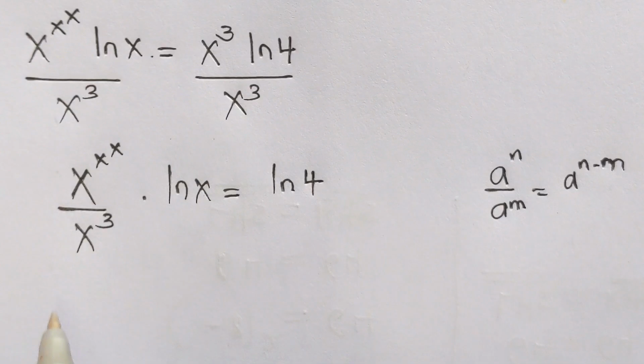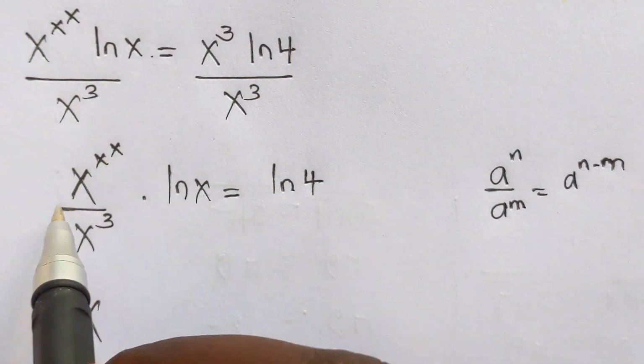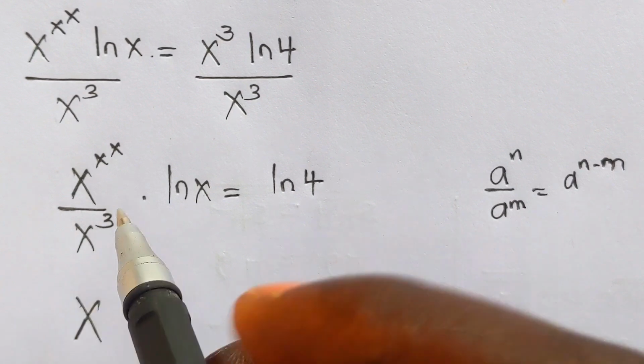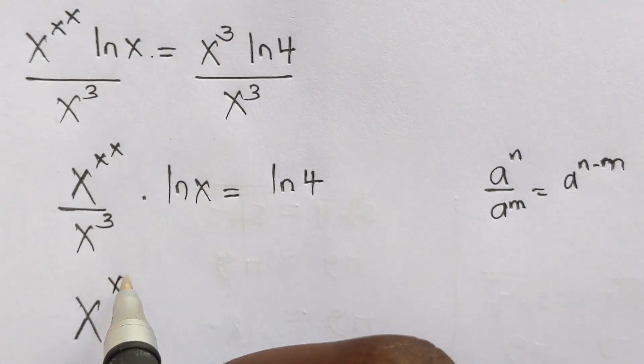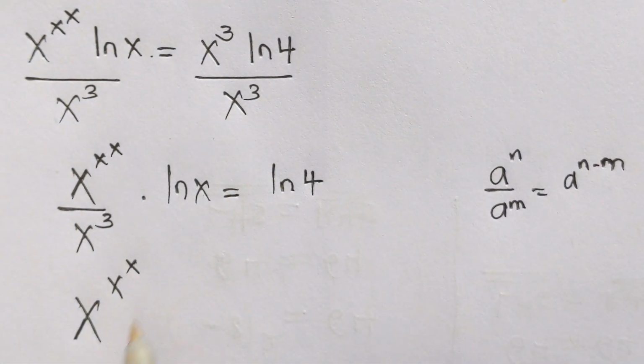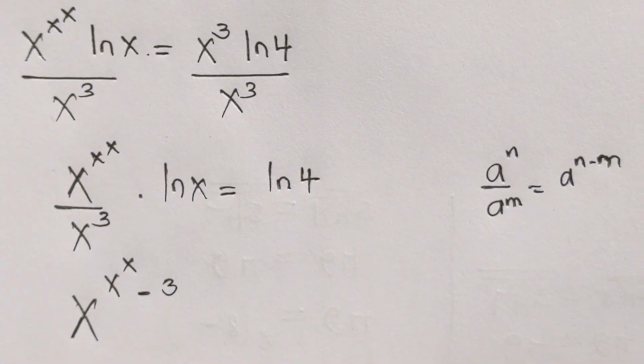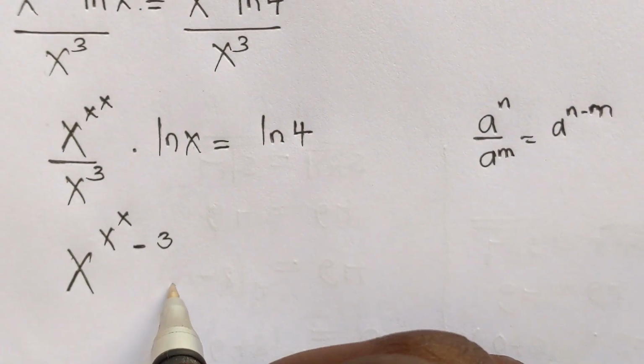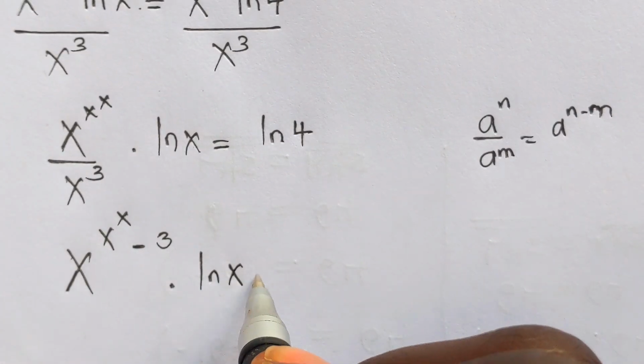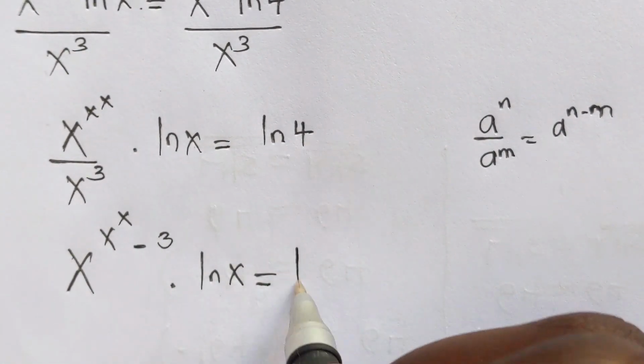Now shall get x power x, okay, then minus 3 right here, times ln x, which equals to ln of 4